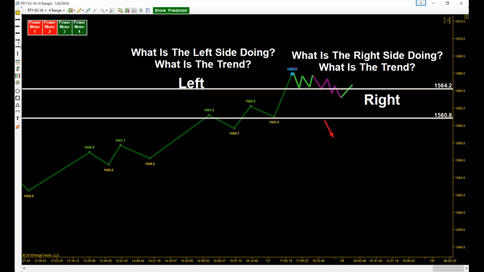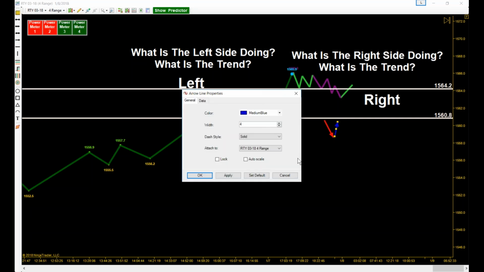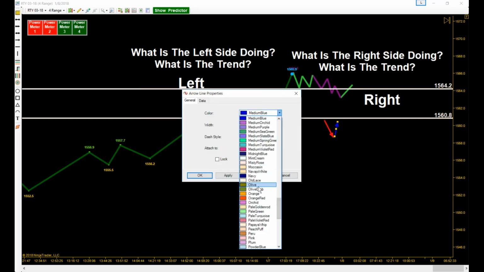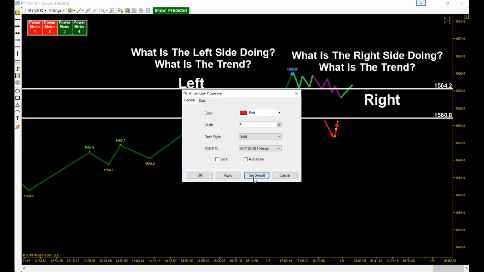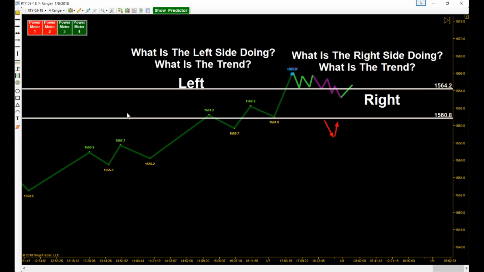Okay, and then we need a little retrace, right? I thought I saved that as default. I did save that as default. Could have sworn I did. Set default. Okay, and then I would look for this little deal right here. Okay, now that's what I'd be looking for. Or